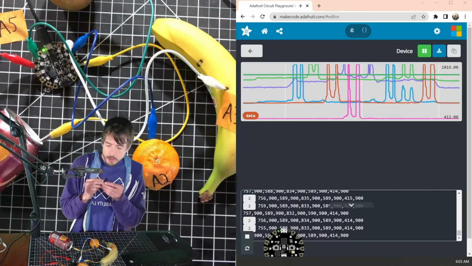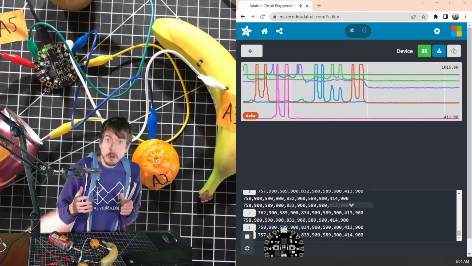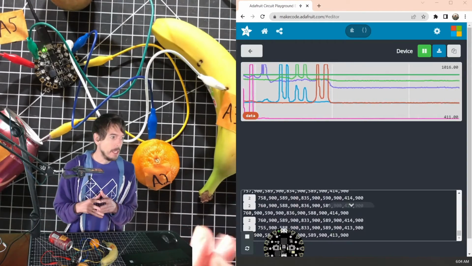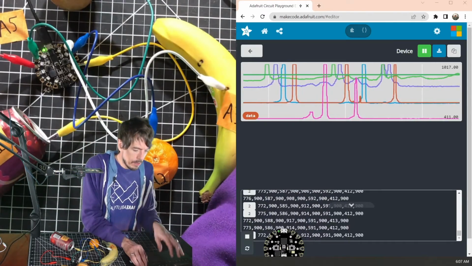All right, so how are we going to build this? We're going to build on all the things that we've learned so far about calibrating our capacitive touch sensors and printing out values. And let's see what we can do. To start,